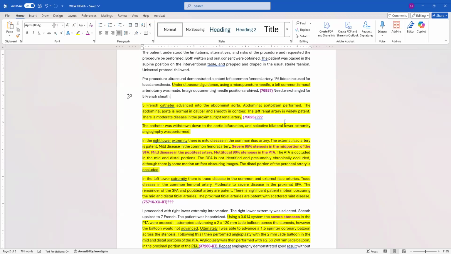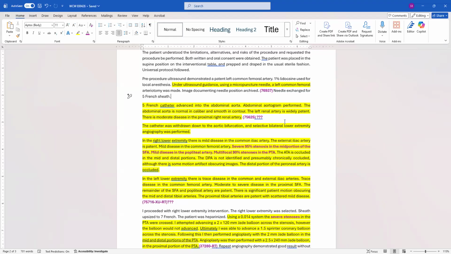So we had the catheter pulled down to the bifurcation. That's a second catheter placement. So that means we're going to report the abdominal aortogram and the extremity imaging separately when it's done from two different catheter placements. So we see that there are findings for the right lower extremity, and I've highlighted the findings